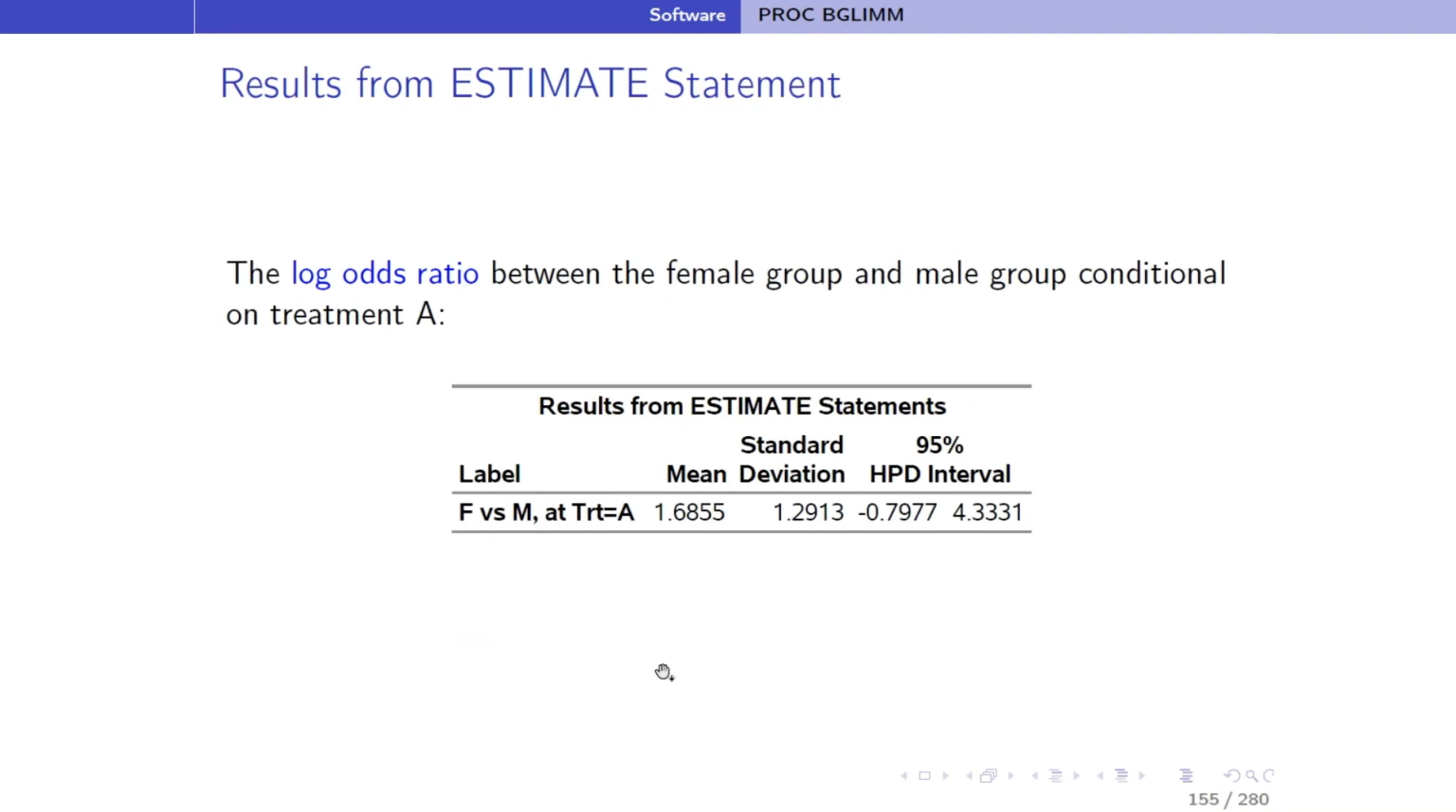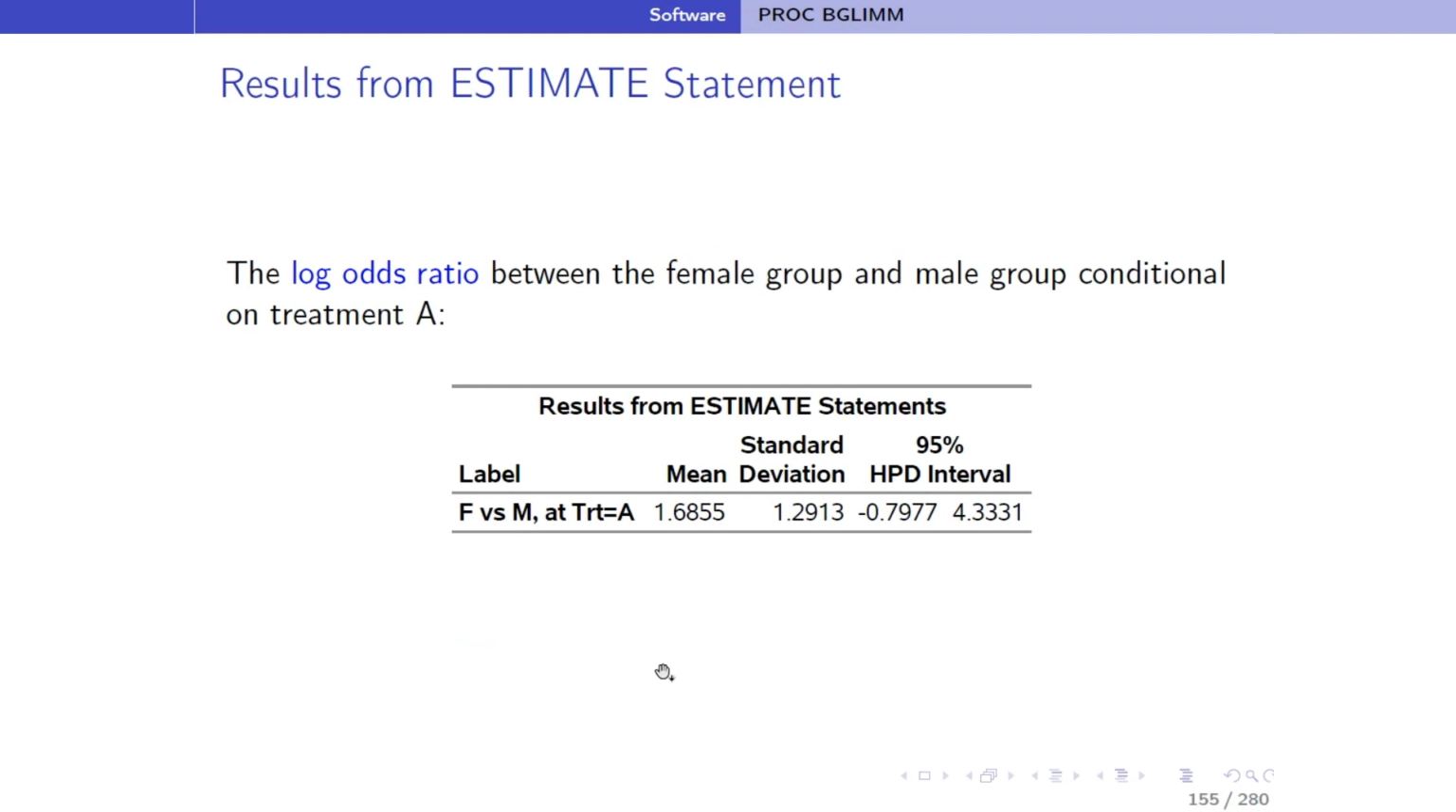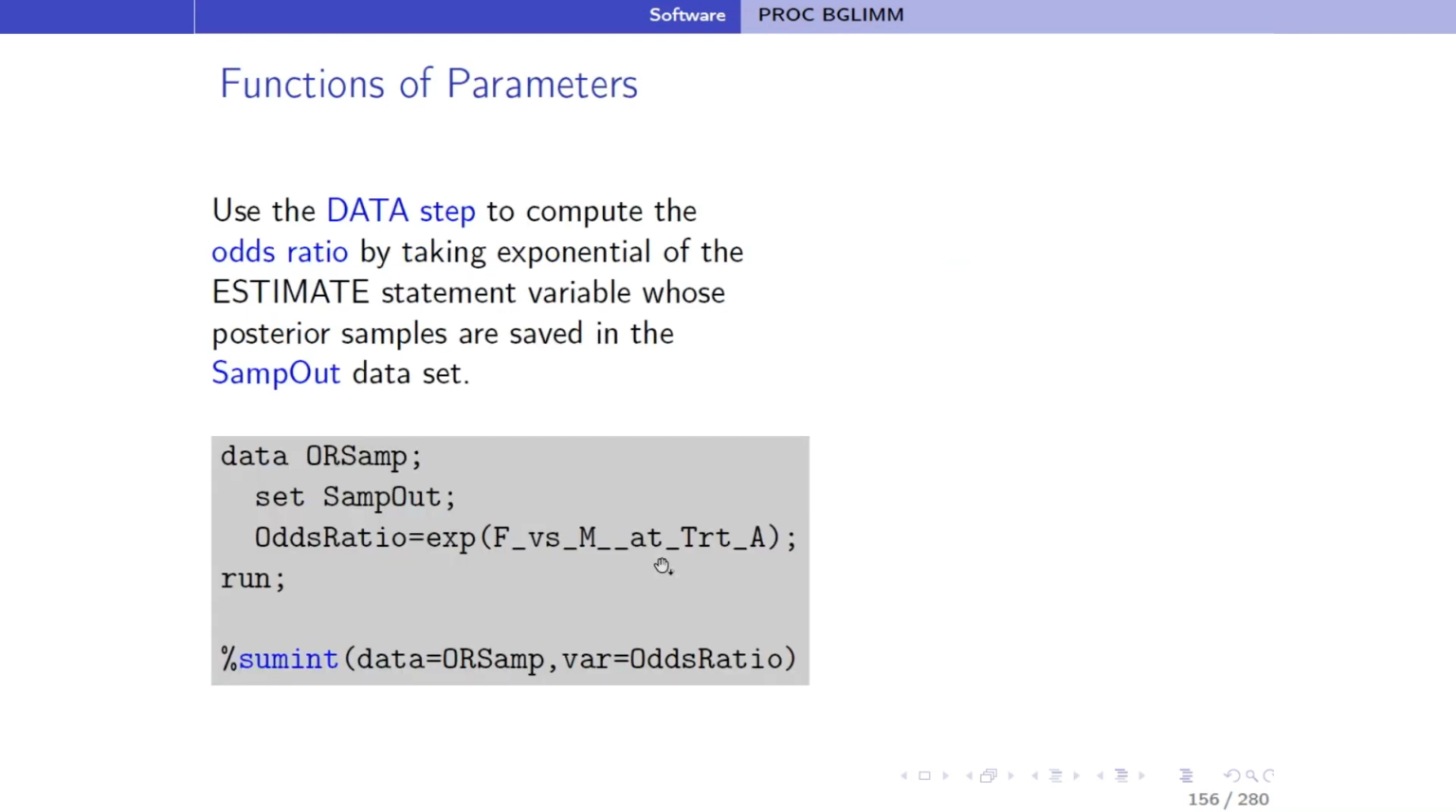Then the results give the log of the odds ratio of a female and a male. What I was trying to say is that, depending on the parameterization, some people would find it more familiar to compute the log odds ratio one way versus the other. But at the end of the day, you can compute the log of the odds ratio to be 1.65 between the female and the male group, and you can compute the odds ratio by exponentiating from the SAMPLEOUT data set